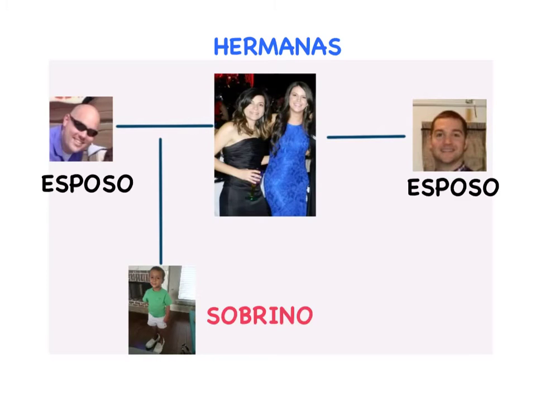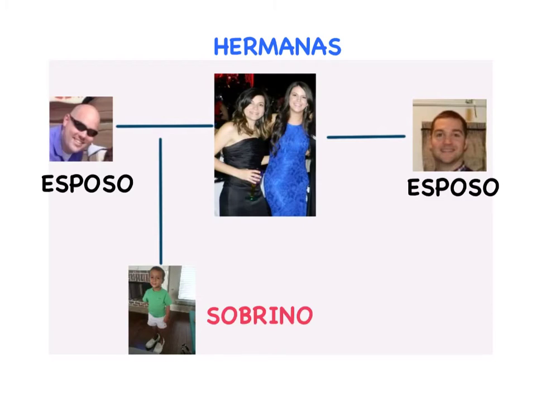This slide is going to use the words below the blue line from the first slide, and I actually wrote them out for you again. Here again are my two primas, and I have a different word above them this time, and that is hermanas, because they are my primas, but they happen to be sisters. So they are hermanas, they are sisters.